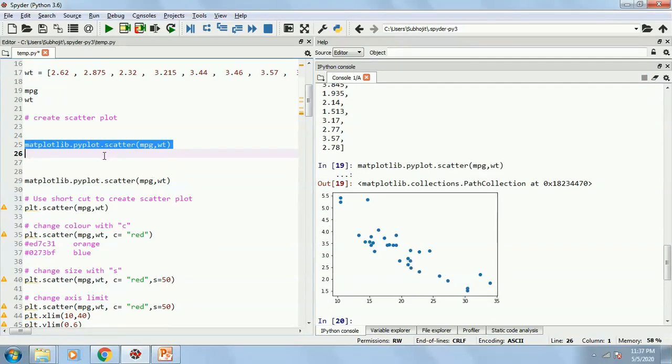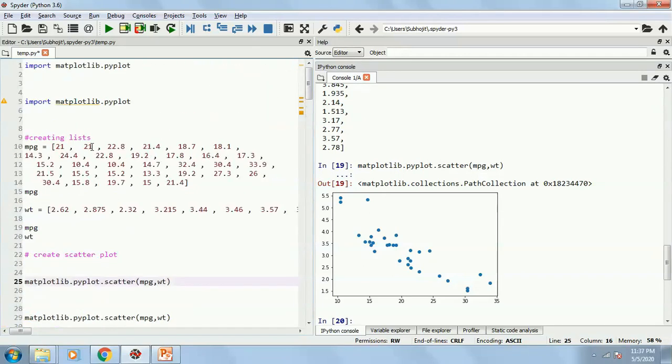Now there is an easy way, or rather a shortcut, to write it. Not every time we would like to write matplotlib.pyplot. So what you can do is, while importing it, you can name it as plt. So henceforth, if I want to refer to this entire code, matplotlib.pyplot, rather than writing the entire part, you can simply write plt.